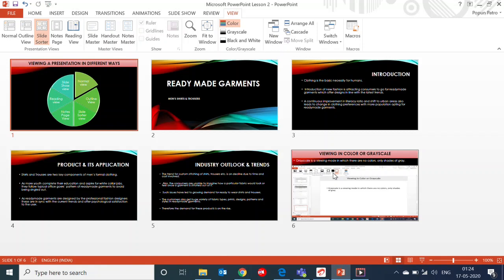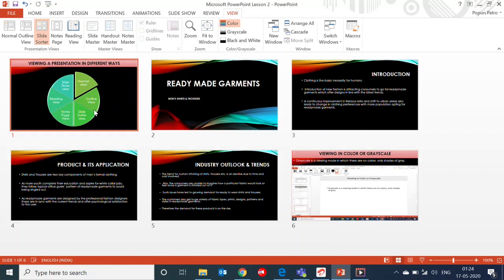In normal view, the current slide is in the main page and all slides are on the left side. In outline view, only the current slide is shown and the content is shown on the left side, but in slide sorter view all the slides are shown to you. This is the slide sorter view.